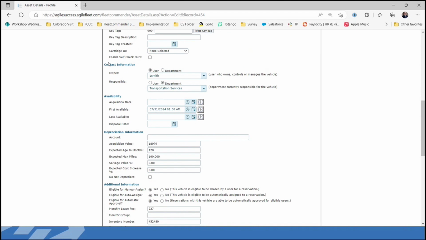You have the ability to identify responsible users and owners. This is important when using the maintenance module. When maintenance comes due, you can send notifications based upon who this vehicle belongs to. So you take a look at that and update this portion of the asset profile. Also, and continue along with that,